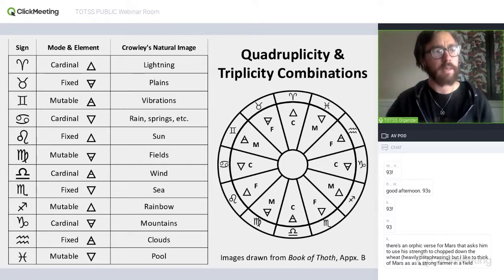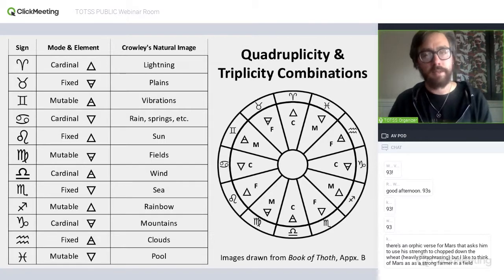He talks about them as being sort of dematerialized or even spiritualized in a sense. I don't necessarily think of the mutable signs as being more spiritual than the others, but it's an interesting way of thinking about that quality, and of a rainbow as a kind of fiery phenomenon, but somehow immaterial or dematerialized.